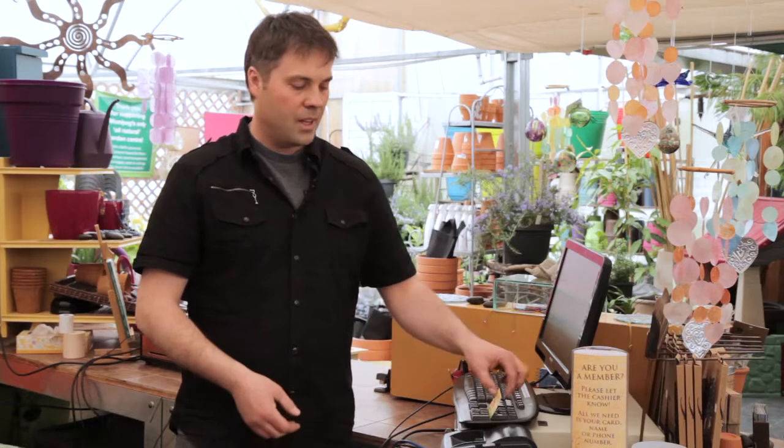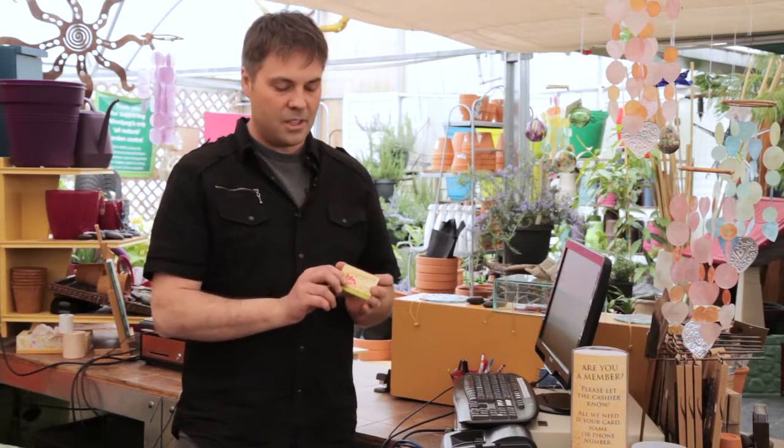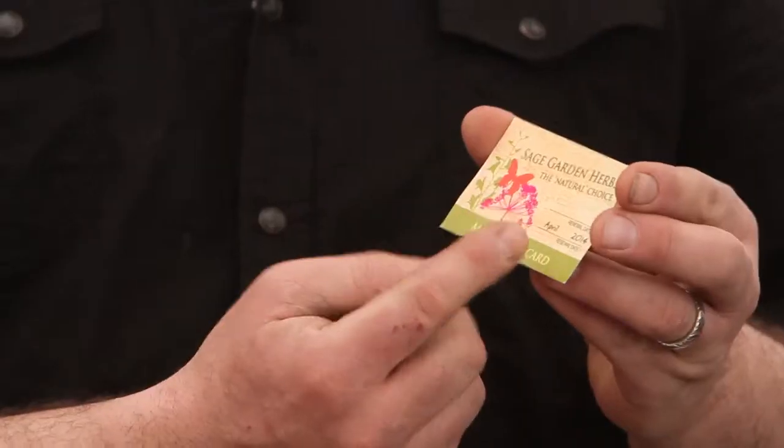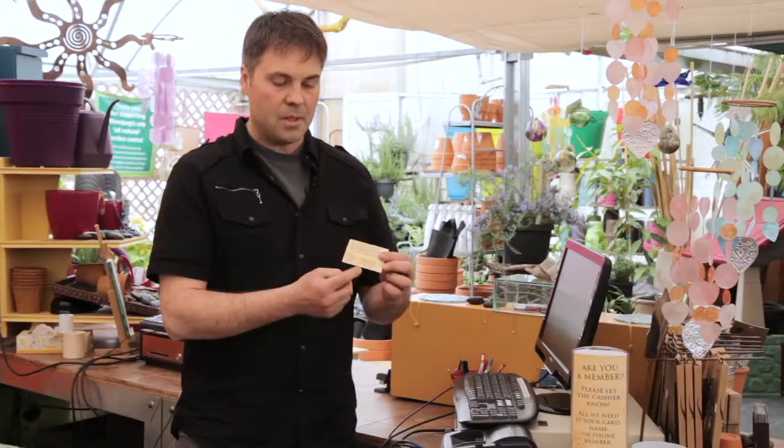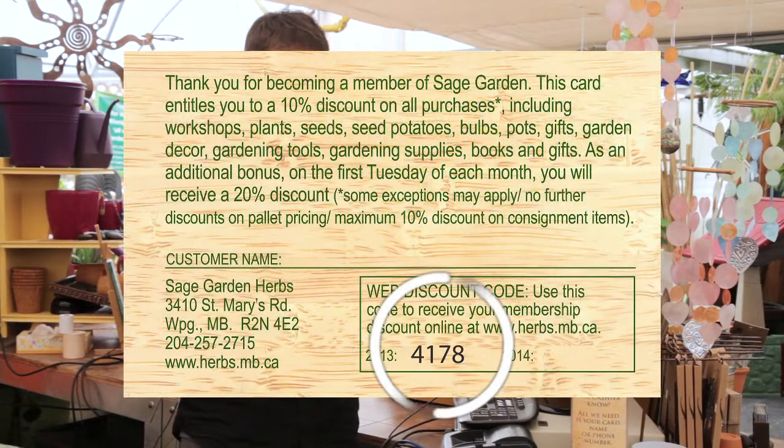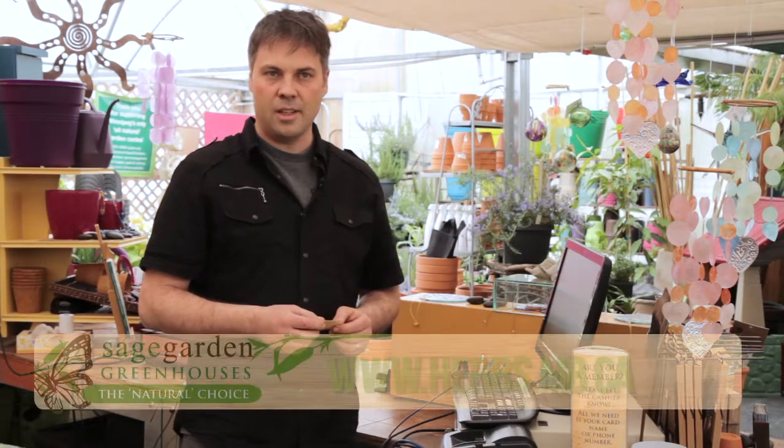It's really easy. If you're a Sage Garden member, it means you get 10% off throughout the year, 20% off first Tuesday of every month, and you'll get a little card like this that indicates that you are a member. On the back of it, there's something called our web discount code. It's a 4-digit code that's unique, and this is what you're going to need when you go to your online order. So to do an online order, for example, to register for workshops, to purchase seeds, these kinds of things,